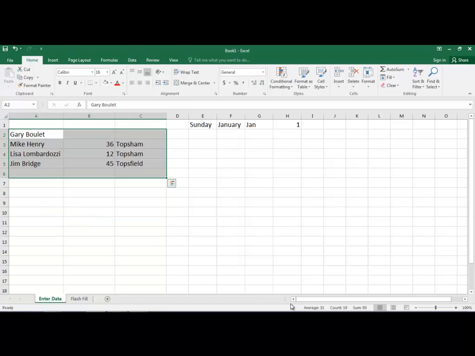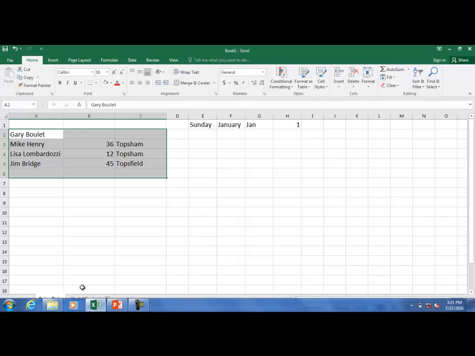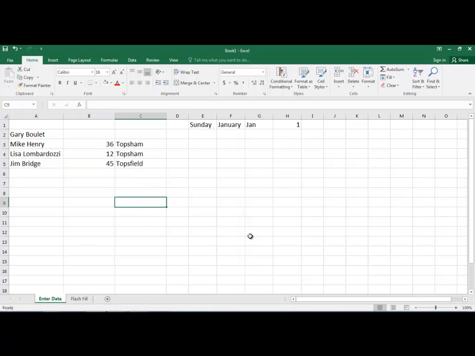So now we've looked at copy and paste, we've looked at cut and paste, we've looked at a move, which allows us to move here. I want to show you AutoFill. AutoFill allows me to do some really nice features here. So I can see that Jim is in Topsfield. If I take this block here, and you'll notice I'll put my pointer right down here on the active cell,